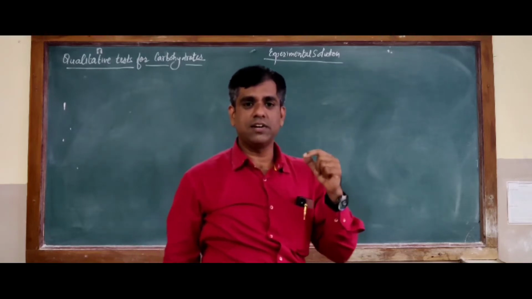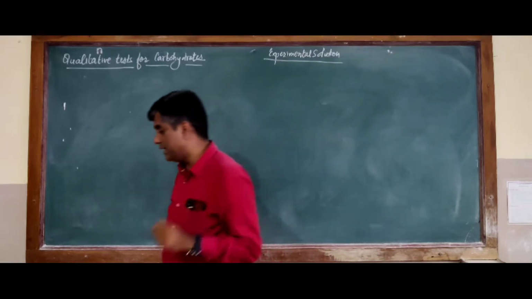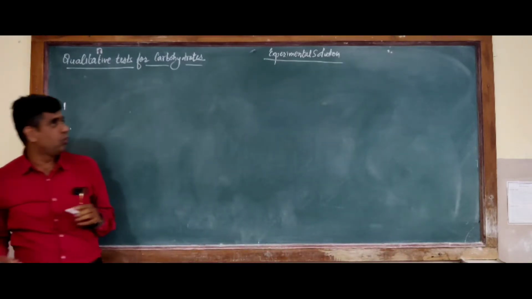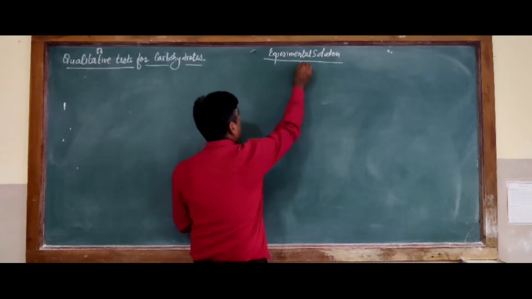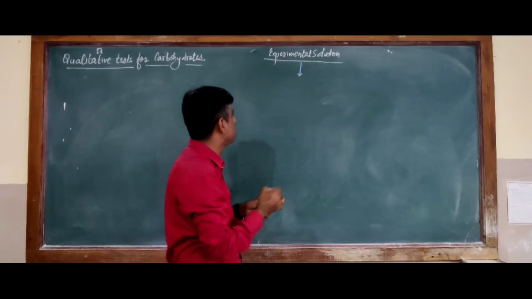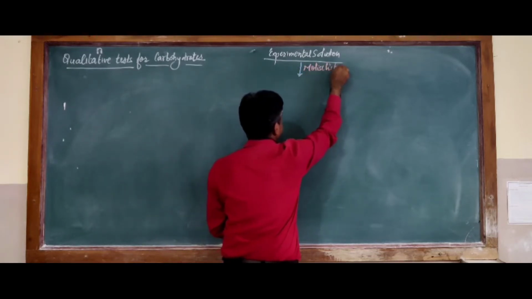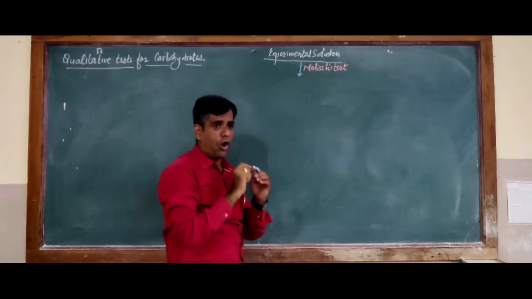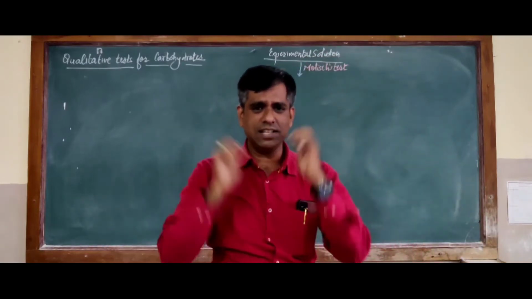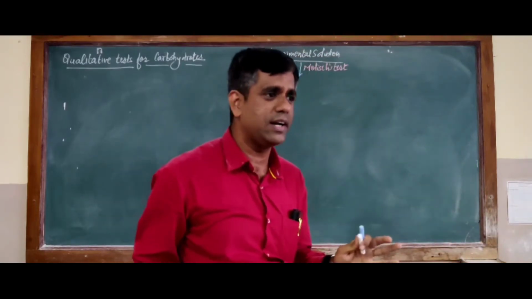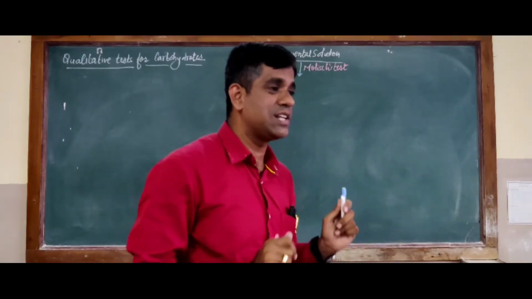As I told you, first you need to find out whether this given sample really contains any carbohydrates. So I'll go for a test which will be answered by all carbohydrates. The most common test we use is Molisch's test. Molisch's test is answered by all carbohydrates. Whether it is a monosaccharide, a disaccharide or a polysaccharide, if it contains carbohydrate, the test will be positive. Another test which is answered by all carbohydrates is the Anthrone test.